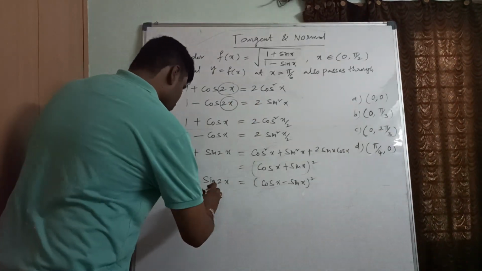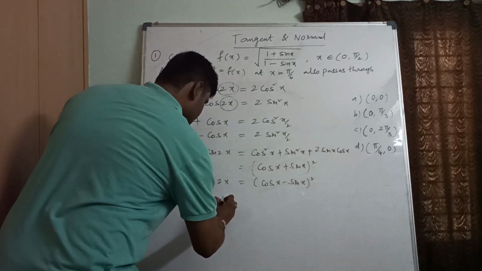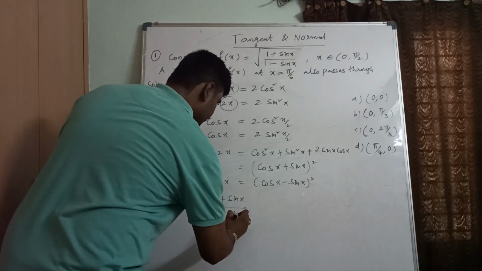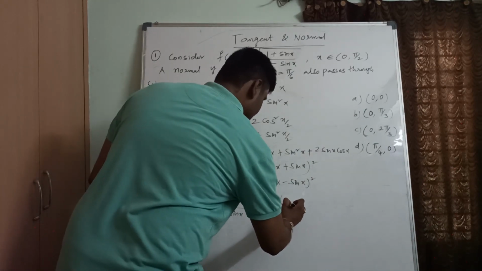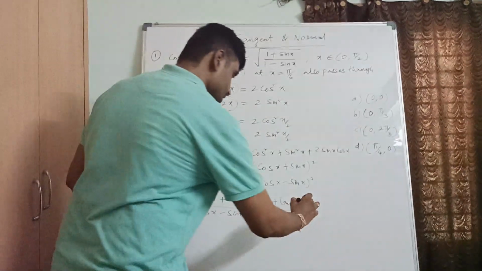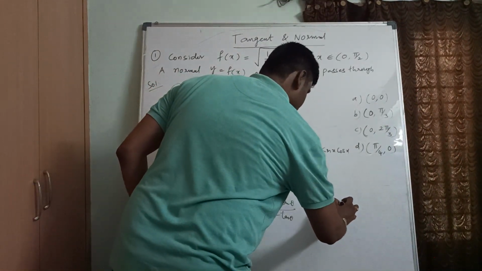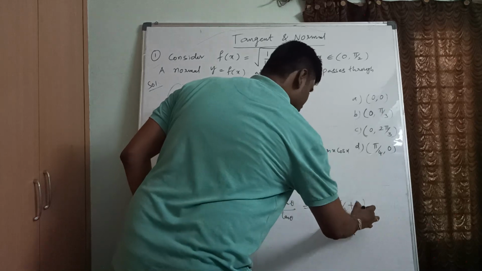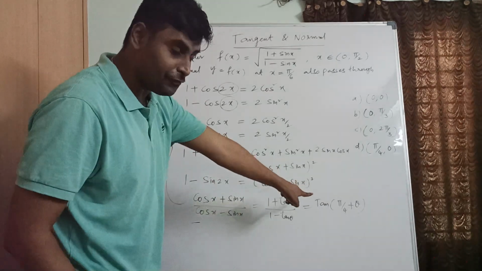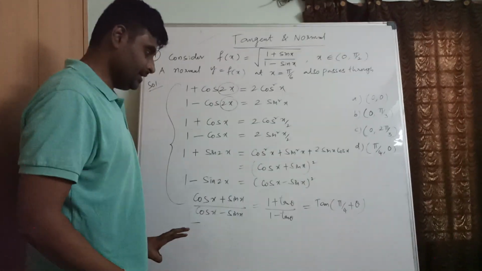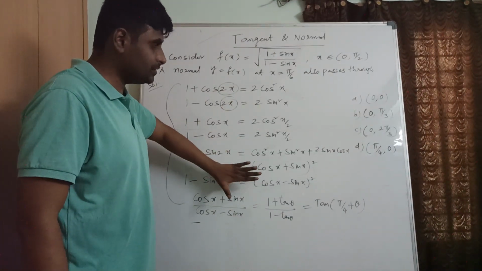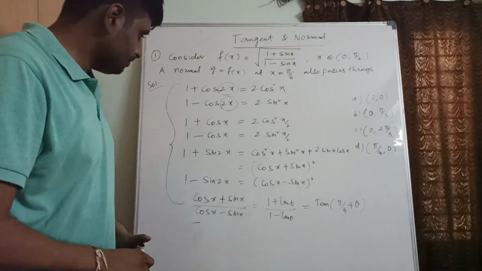Okay. So after that, one more thing we have to remember: (cos x + sin x)/(cos x − sin x). How can I write this? (1 + tan θ)/(1 − tan θ), correct? So this is important. From this we can write tan of (45 + θ). Similarly, if you have minus plus here, then tan of (45 − θ) we can write. Correct? So these are the important formulas which we are going to make a note of. Right? Just make a note of this.